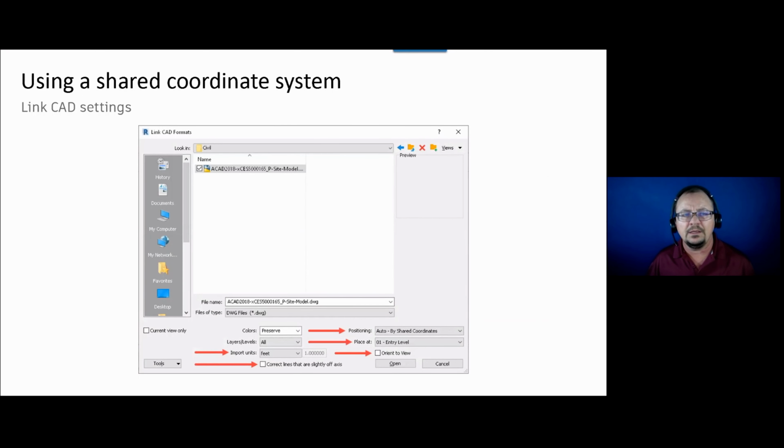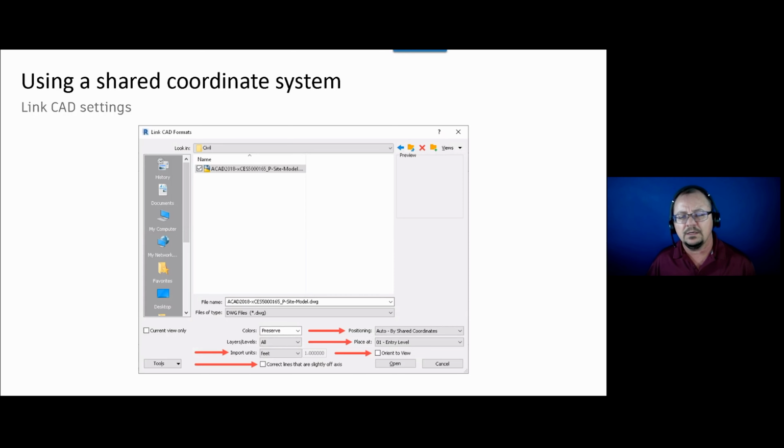When you bring in the CAD drawings using the shared coordinate system, it's important to check your settings, because your positioning is going to need to be auto by shared coordinates. Your place at is going to be whatever elevation or level that you're trying to target. I typically turn the orient to view off.